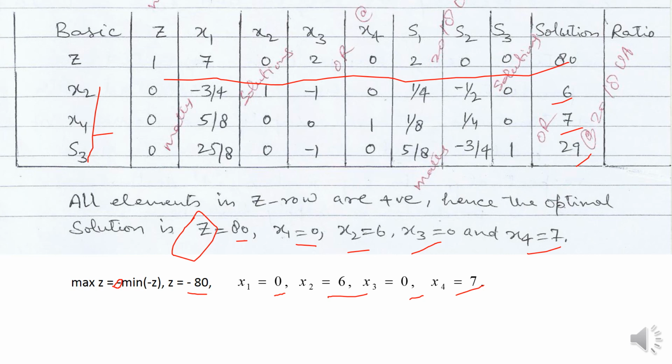So as we did this question by first converting the problem into maximization form, we could have done this problem in minimization form itself. The only difference would have been that we would have checked the most positive element in z row when selecting the entering variable. Rest will be the same. Thank you.